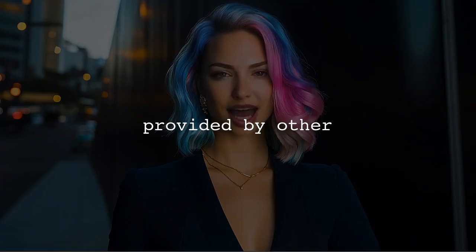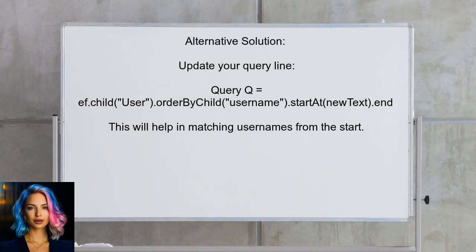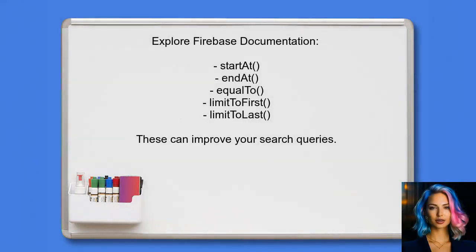Now, let's look at the answers provided by other users. An alternative solution provided by another user suggests a simple adjustment to your code. They recommend changing the query line to ensure it matches from the start of the username. Specifically, update your query to use StartAt with new text and EndAt with new text, plus a special character. Additionally, they encourage you to explore Firebase's documentation on StartAt, EndAt, and other query methods to enhance your search capabilities